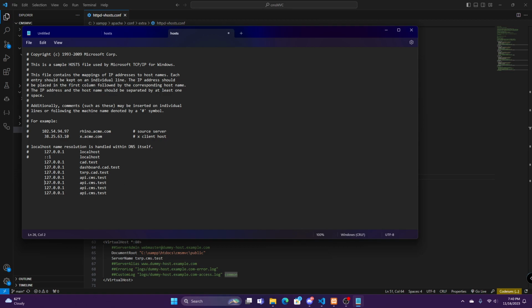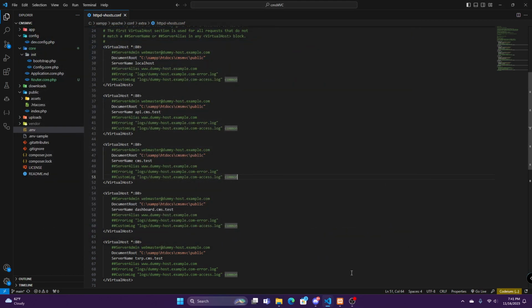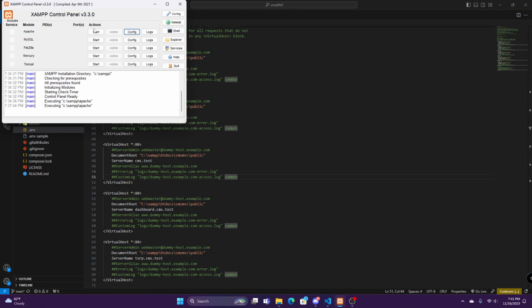I think we only had 3 other domains that we created. So we had that cms.test. And then we also had dashboard.cms.test. And then that txrp.cms.test. Okay. So when we save that, we can now close out of that, open up XAMPP, and